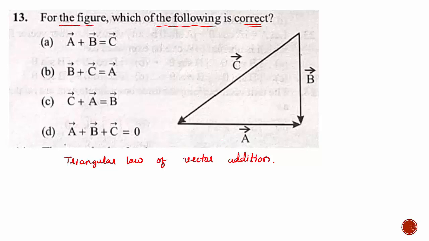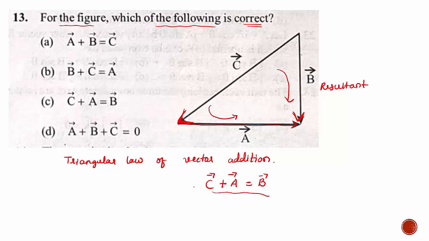Right? So now tell me which is the resultant here. Suppose I consider the first vector C. Observe the directions. C is downward with the arrow of C. The tail is joined here, C and then A. Both are moving in the same direction. C plus A is equal to the resultant, which is in the opposite direction. Initially C and A are moving in anti-clockwise direction. But this B is moving in clockwise direction. So we can write C plus A equal to B. Vector C plus vector A equal to vector B.